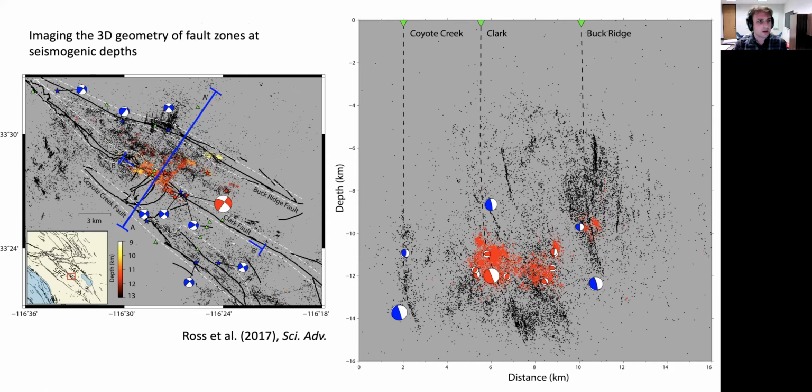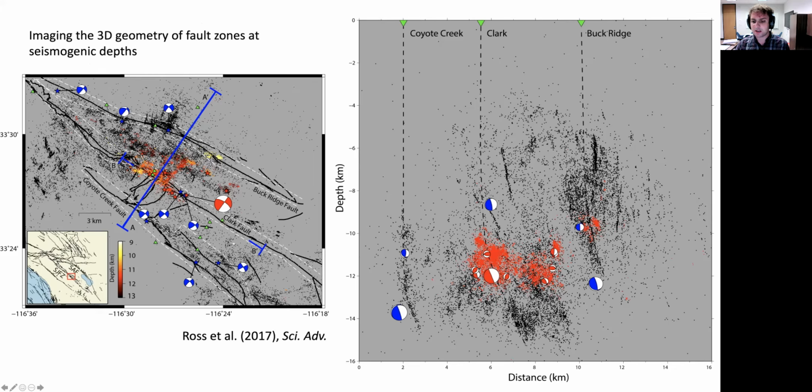And so to start, I'm going to talk about how we can go about imaging the 3D geometry of fault zones from seismicity. And here, this is just southeast of the Anza Gap. So this is where the fault splits into three subparallel strands. So this is called the trifurcation area of the San Jacinto. It's extremely active, and the seismicity is fairly diffuse throughout this region. There's not really any significant localization. And in terms of the fault structure, the geometry and so forth,